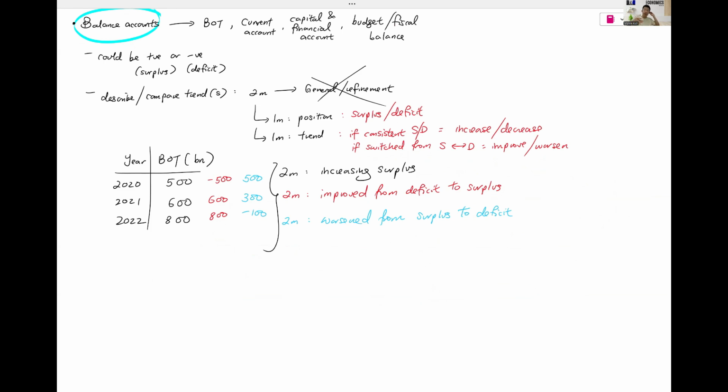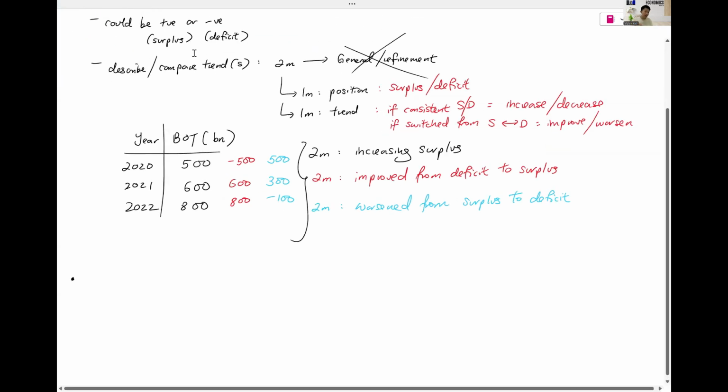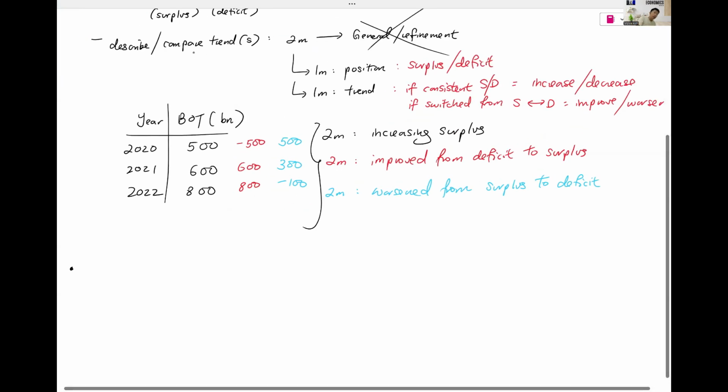Okay. So the trend is either increasing, decreasing, improve, worsen, or if really all the same, which is super unlikely, then you say unchanged. No need to cite the numbers. We just explain the trend. No need, because 1 mark is position, 1 mark trend, that's all. Okay. So no need for refinement or anomaly. Okay. Second thing that can upset us is the